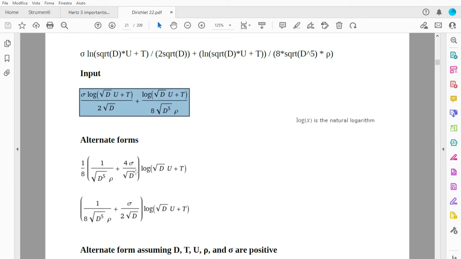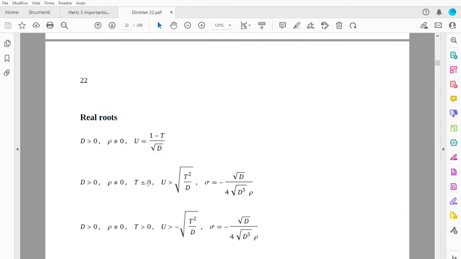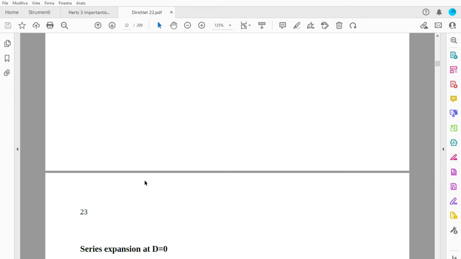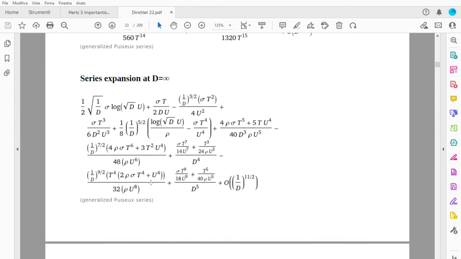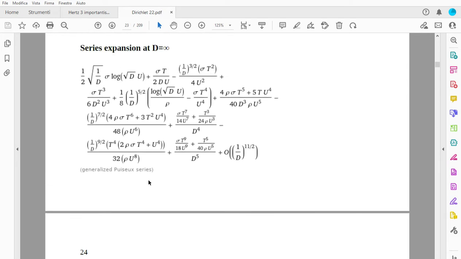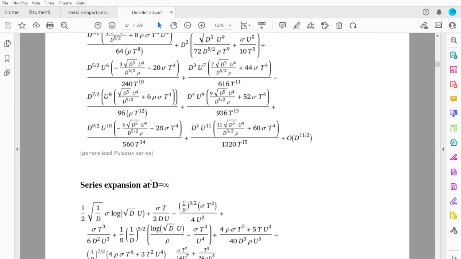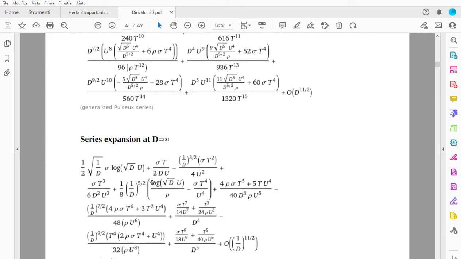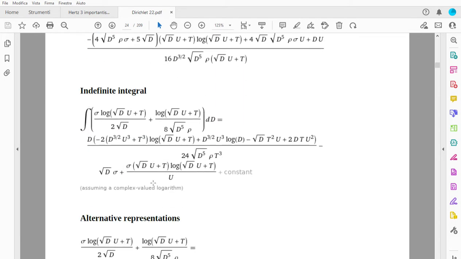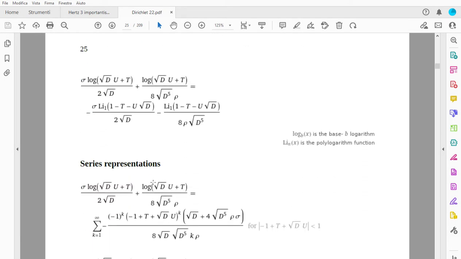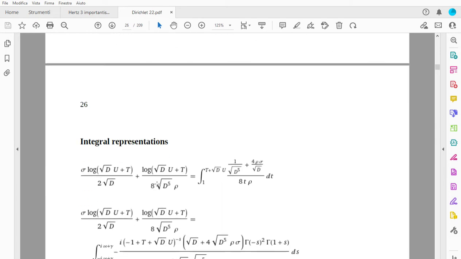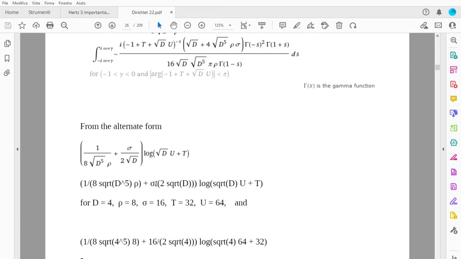Also here the alternate form and the study of the function, practically series expansion at d equal to 0, series expansion at d equal to infinity, and so on. From the following alternate form, that is the following,